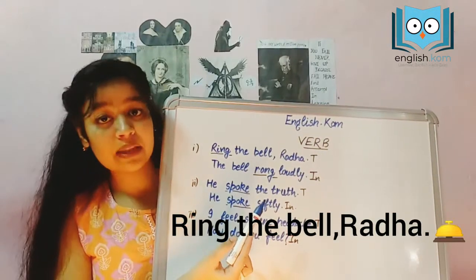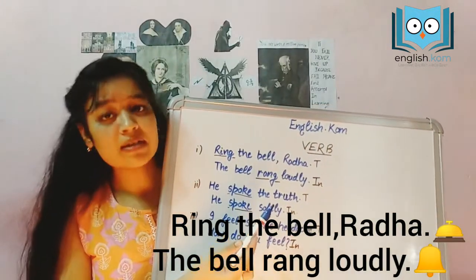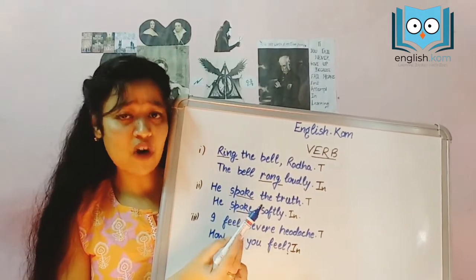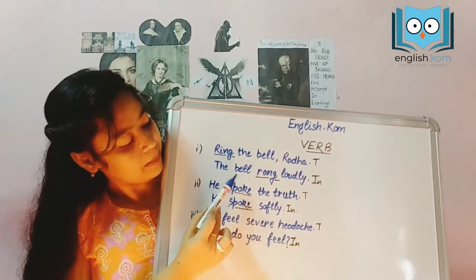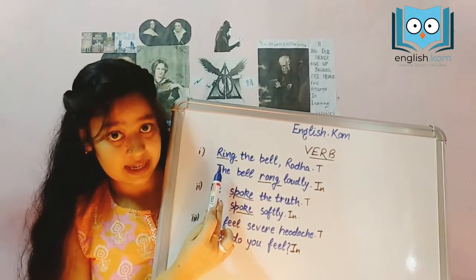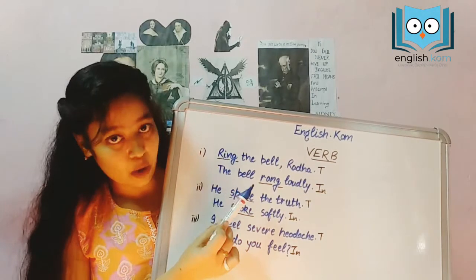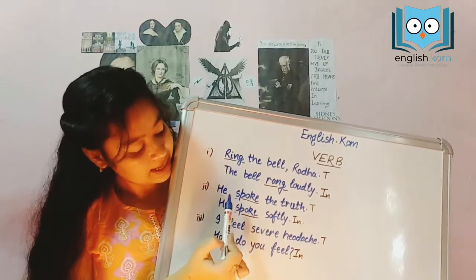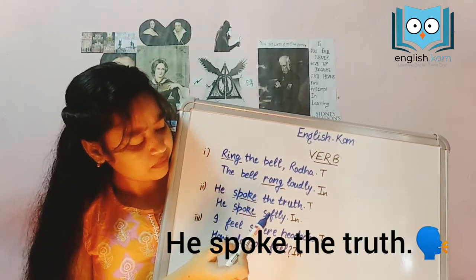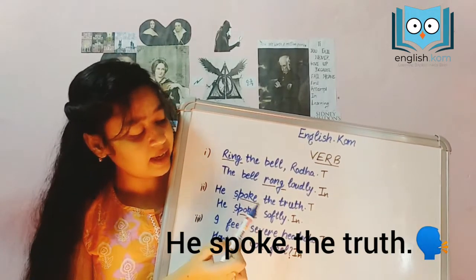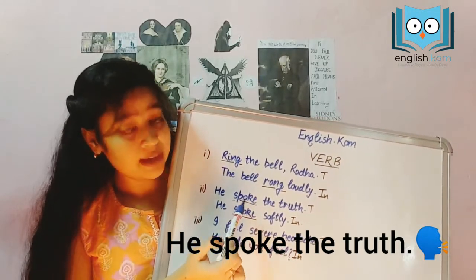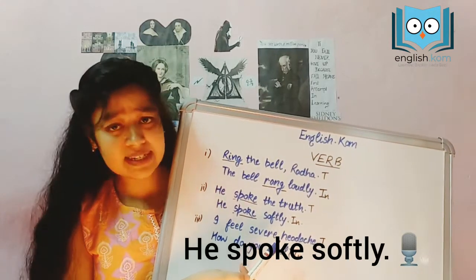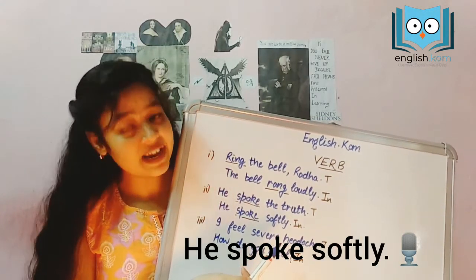The bell rang and the bell rang loudly. So here the word ring is present in both sentences. The form is different but the base word is same. But in the first sentence the word ring is used transitively because it has an object, whereas the second sentence contains rang as intransitive verb. Then again we have he spoke the truth. So it contains an object and it refers to an object. So spoke here works as a transitive verb. Whereas in the second sentence, he spoke softly, it does not contain an object and hence works as intransitive verb.